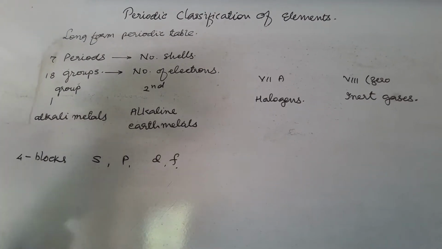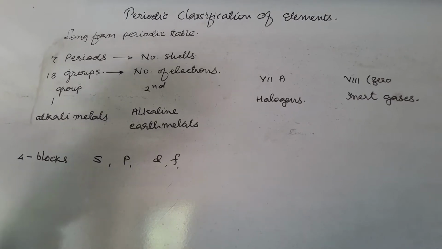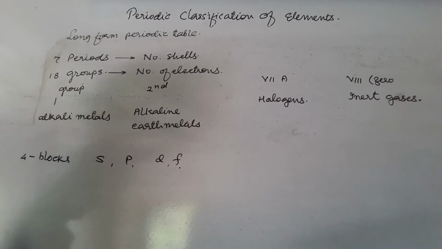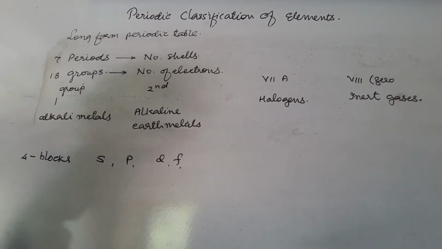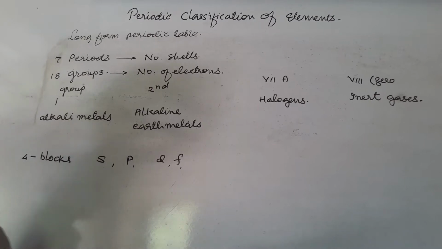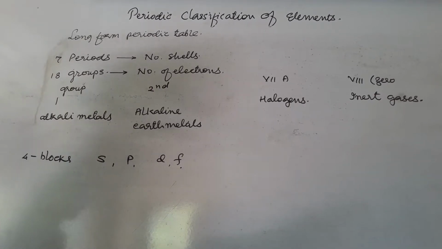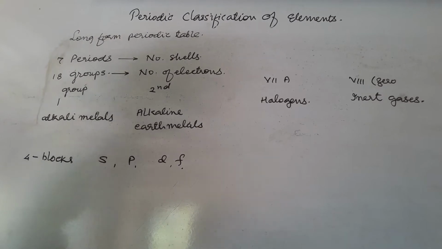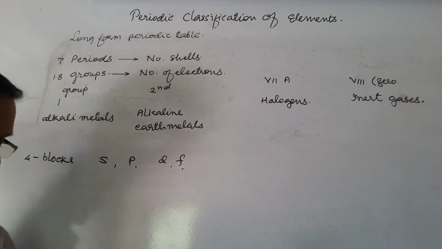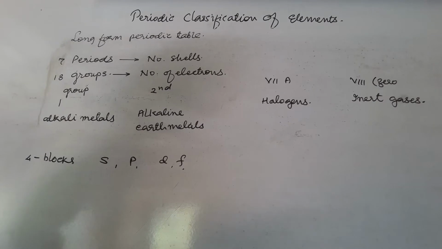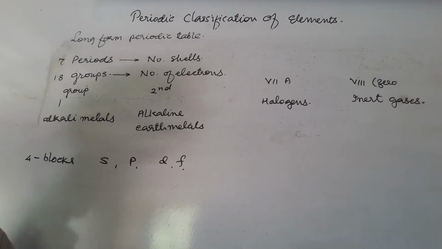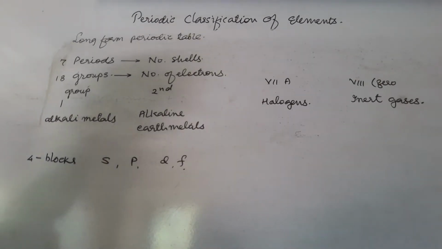Let us study the modern periodic table. The table is given on page 23. Please open your book at page 23, and you find that 103 elements are given. Actually 180 elements are there in total, but 92 elements are found in nature, and the remaining elements are man-made, found in the laboratory or during radioactivity. That we'll see afterwards. This table is based on atomic number, not atomic mass.